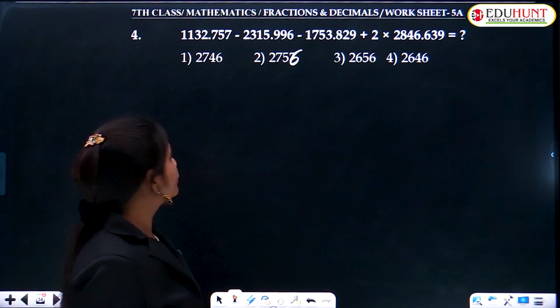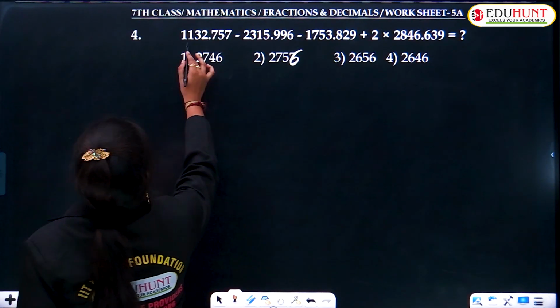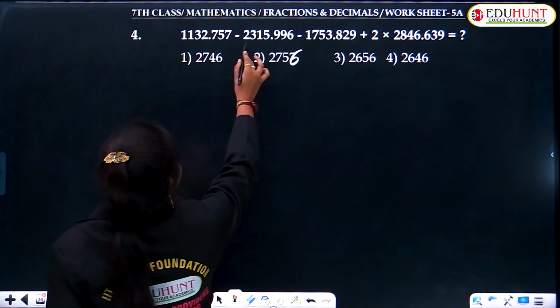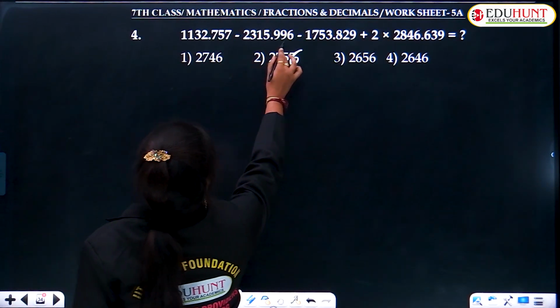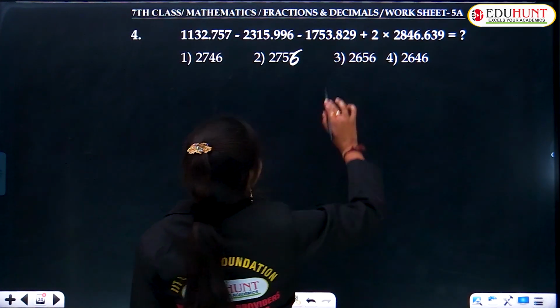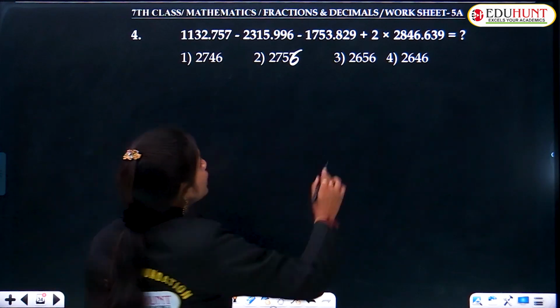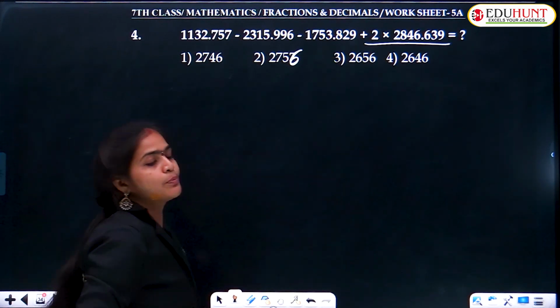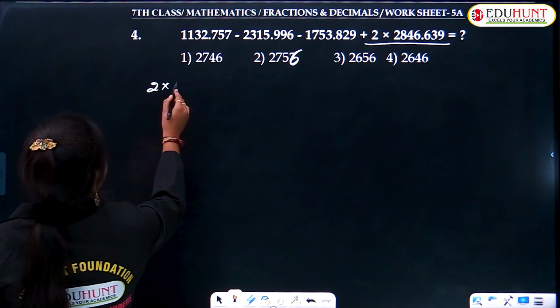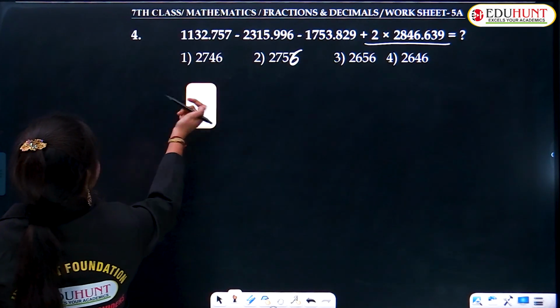Children, next see the fourth question here. What is that? 1132.757 minus 2315.996 minus 1753.829 plus 2 into 2846.639. Okay. Now here see that 2 into this number we can write it as